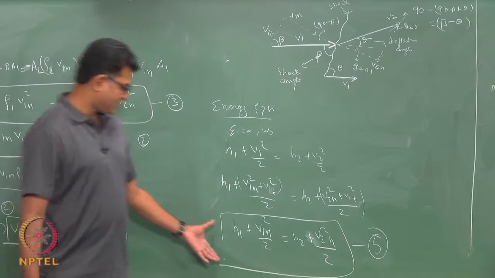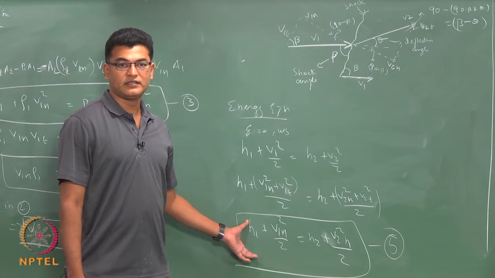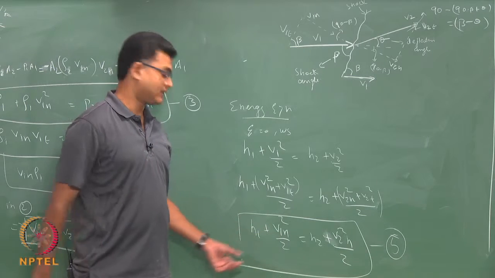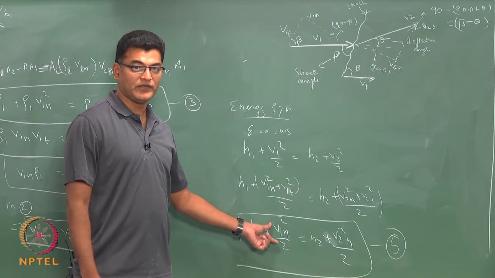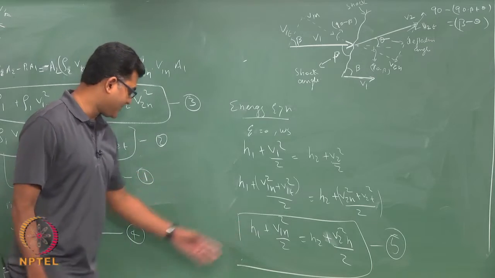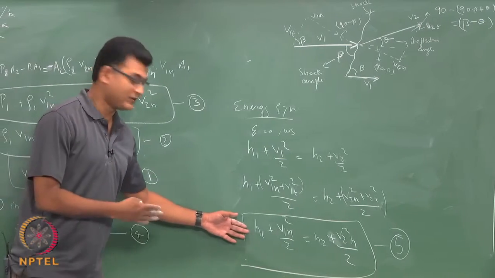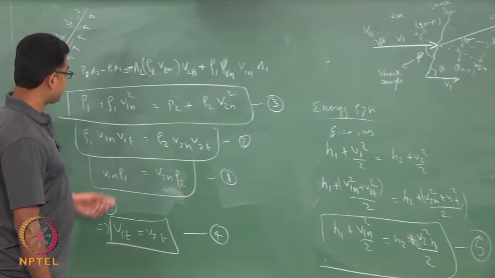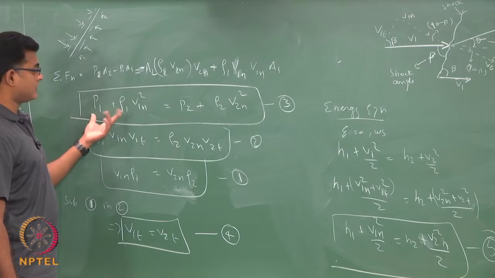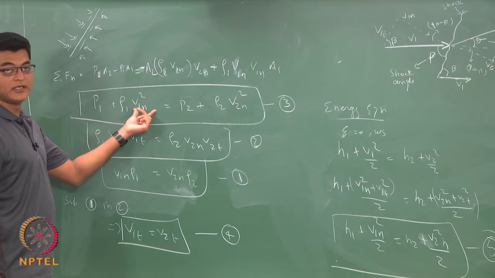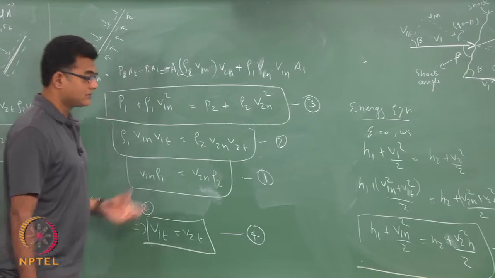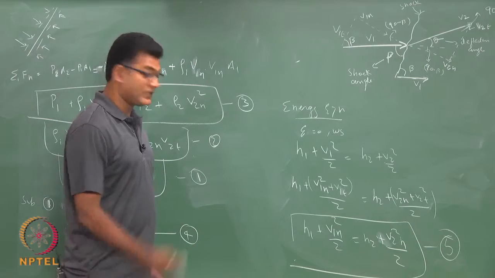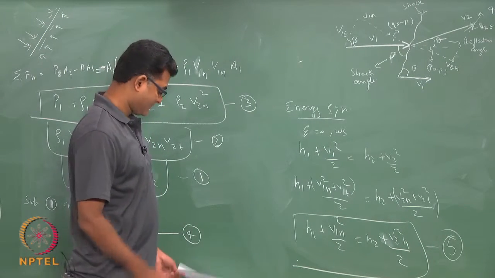So, my energy equation looks the same as my normal shock equation with the component V1n. As soon as I get the component V1n, for the energy equation I can use the normal shock tables, and I can get all the information from here and then substitute it. Here the momentum equation also looks the same with the normal component. So, I can try to use the normal shock tables wherever possible, and that is what we are trying to get into.